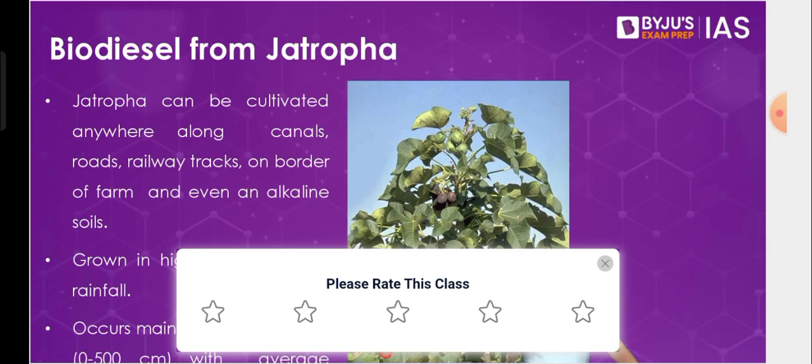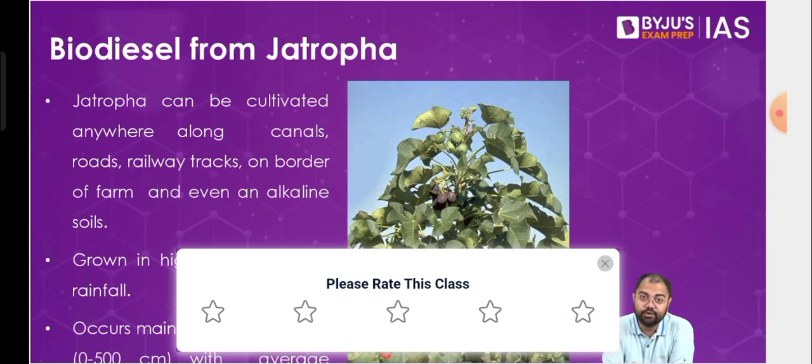Now, with respect to biodiesel, there is one source which is a very important source. There's one source that has been in the news, I would say, for the last 20 years, give or take, perhaps a little more than 20 years. And this is the plant called Jatropha. Now, in case of Jatropha, what we see is that Jatropha is a plant that grows very easily. So growing them in various different conditions is not that difficult.